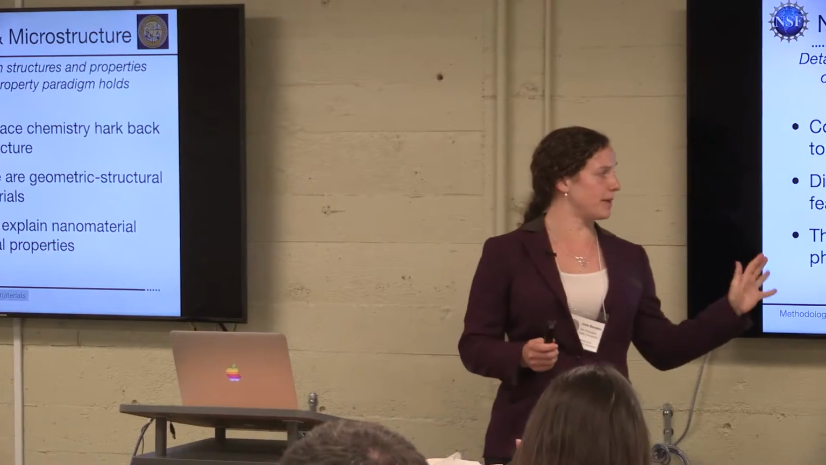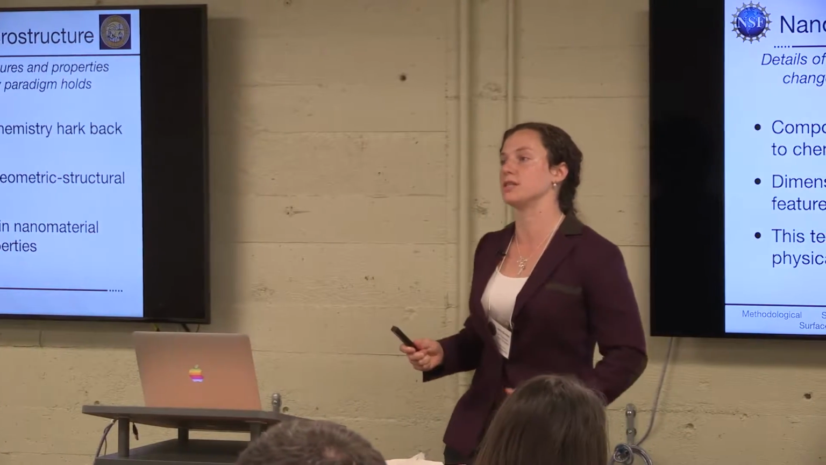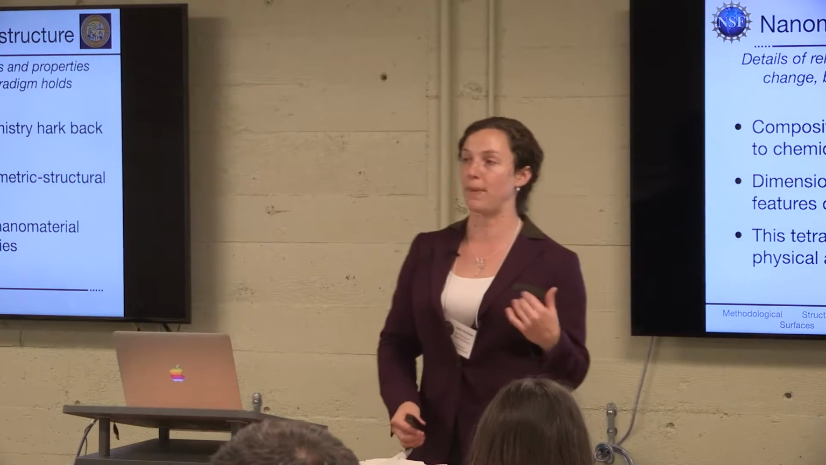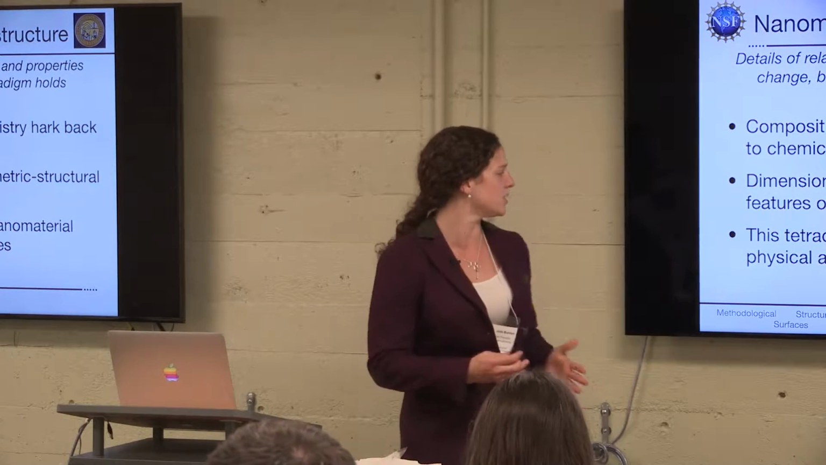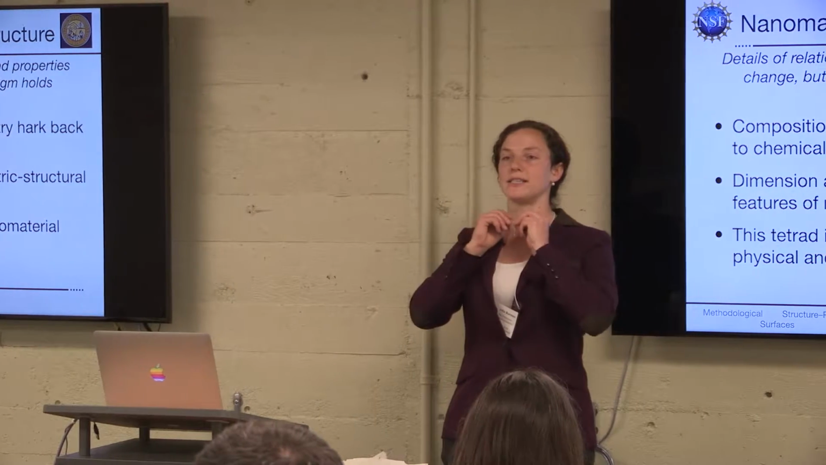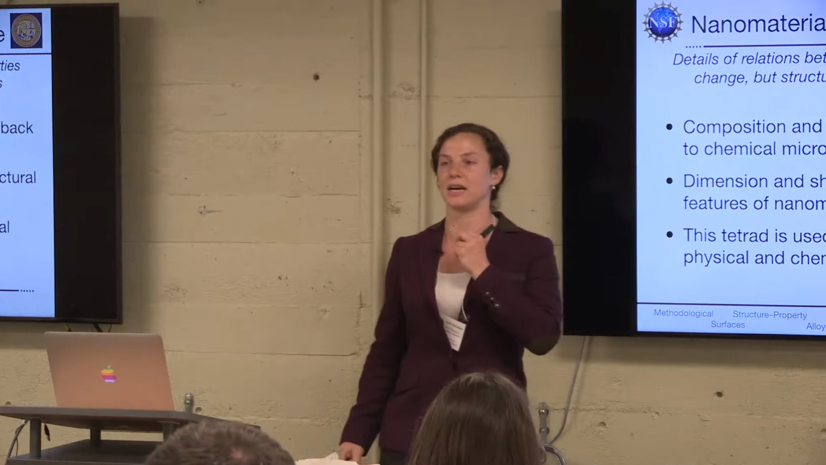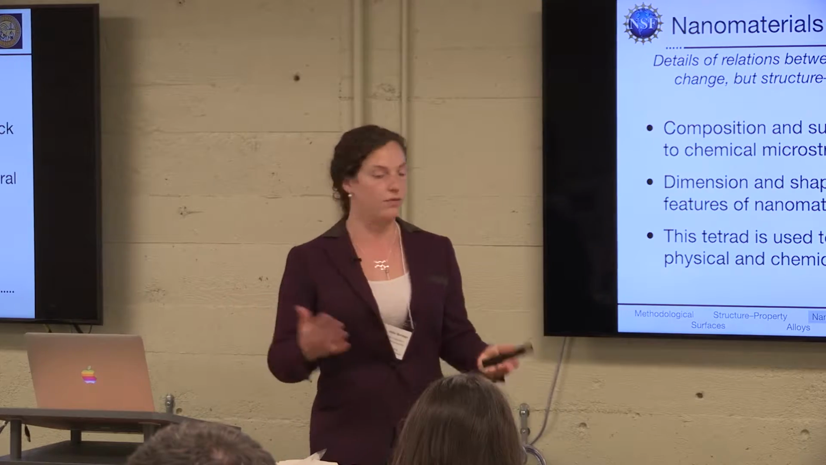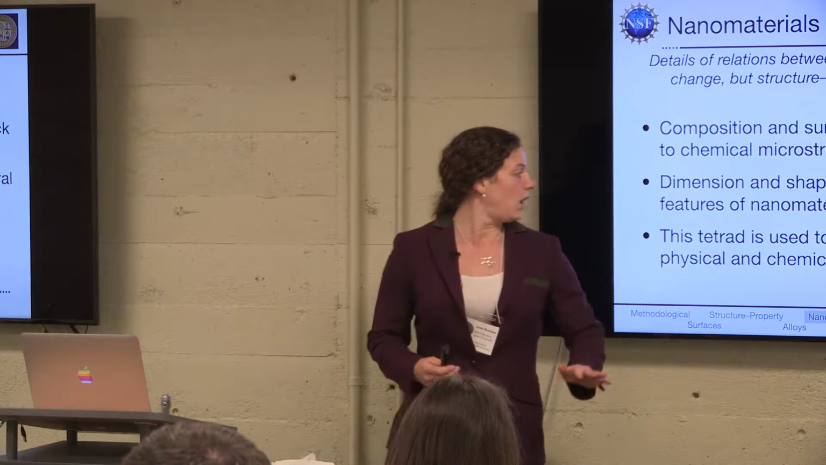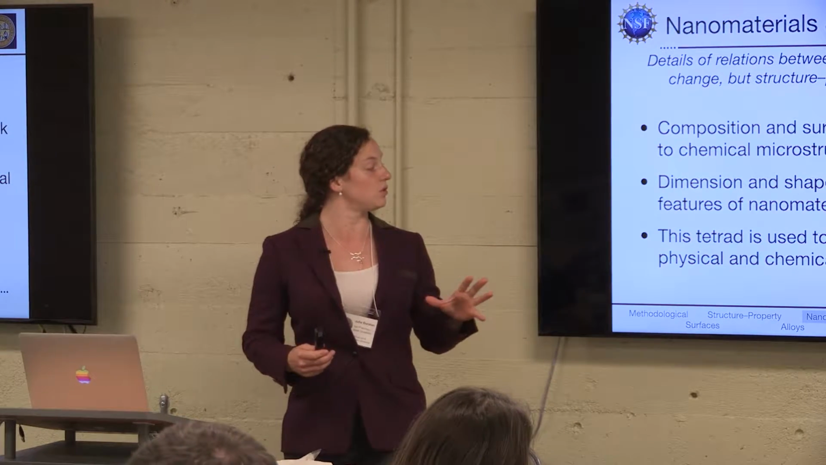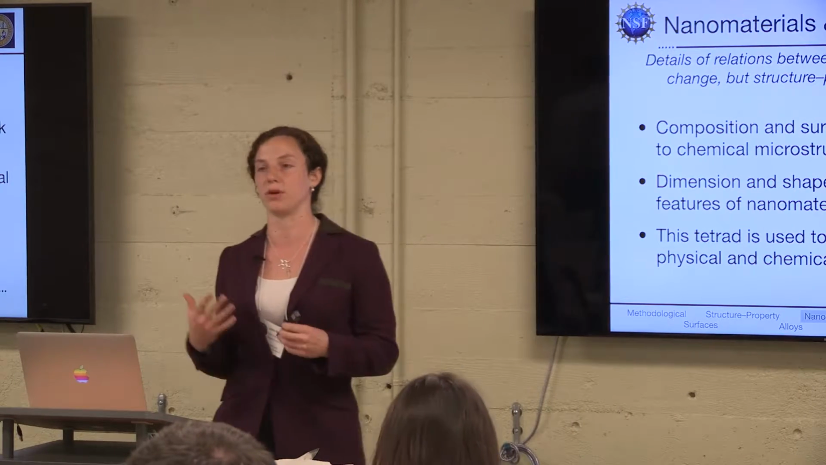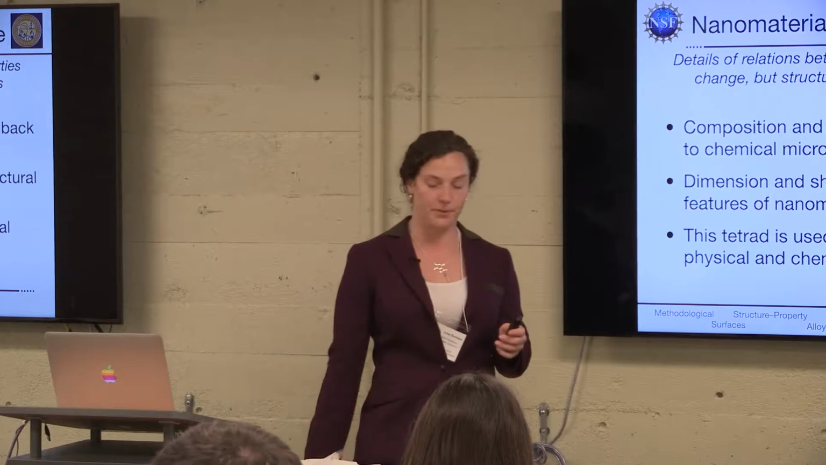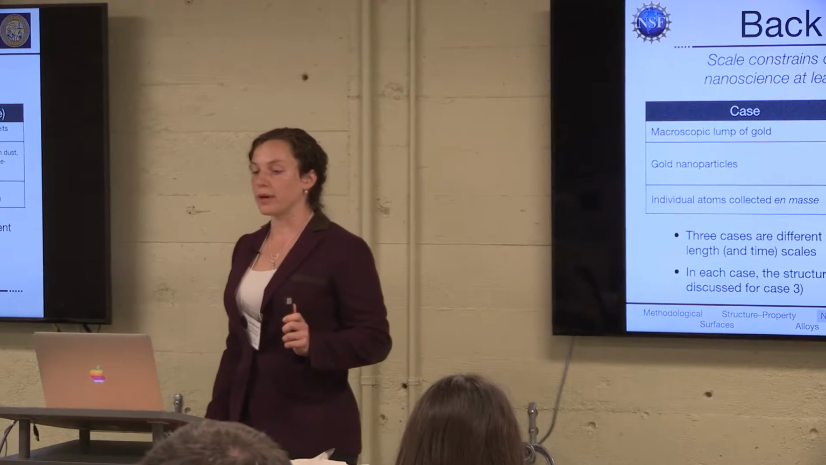Dimension and shape I call geometric structural features of nanomaterials, in the same way that we can count things like bond angles and bond geometries as geometric structural features of molecules. So like the hexagon that you can see here is a structural feature of a chemical material. And this tetrad, I think, is used to explain most of the nanomaterial physical and chemical properties that we might be interested in. So bringing it back to gold,